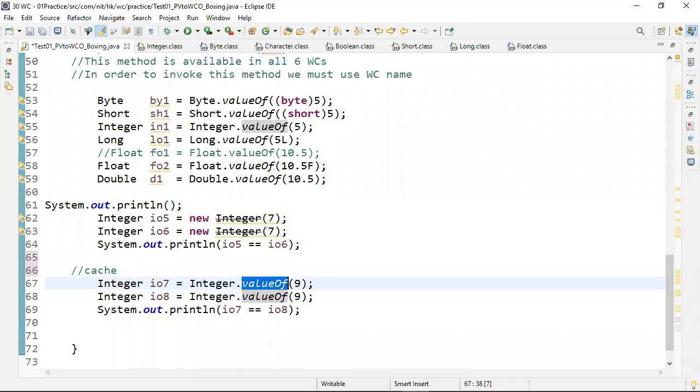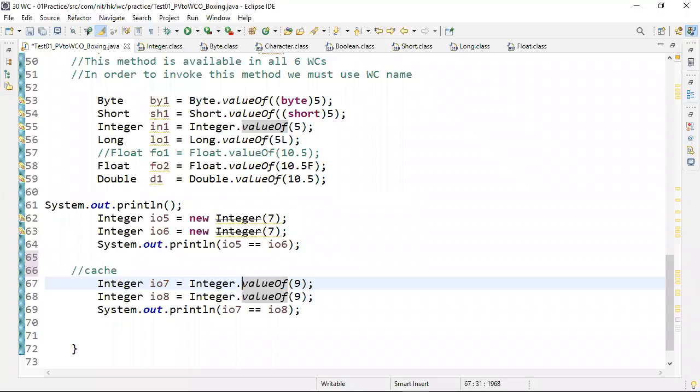How does the valueOf method know there is an Integer object with value 9 so it should not create one? If it's not there, then it should create. Tell me, where does your mother search for vegetables, available or not? Complete home searching? No. There is some area where vegetables are placed. Either in the fridge or in the kitchen room, right? Even in the kitchen or fridge, is she checking everything? No. There is a special place, a small basket for the vegetables. In that basket vegetables are there, okay. Not there, then she buys new vegetables.